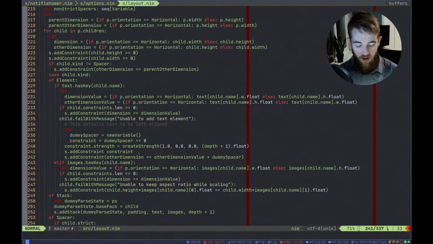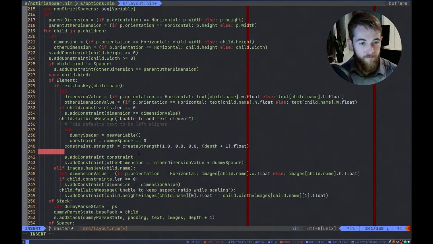Right. So I need to add a constraint here. The thing is that it has a constraint that it wants to be 0, but that has a strength, and the width of the text plus the size of the spacer needs to be our dimension.